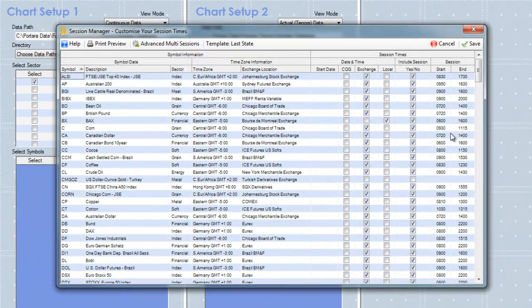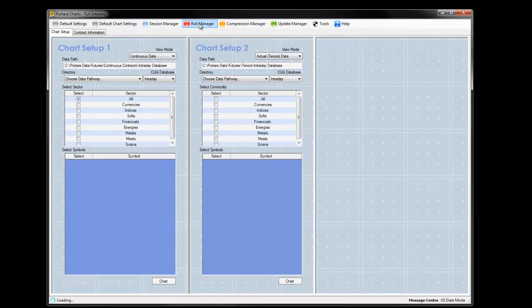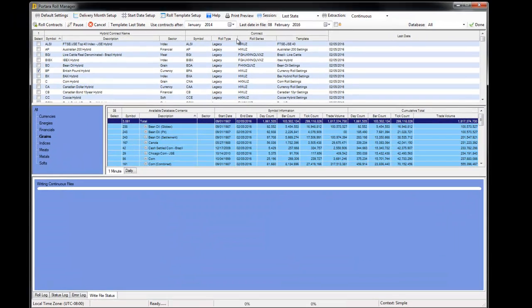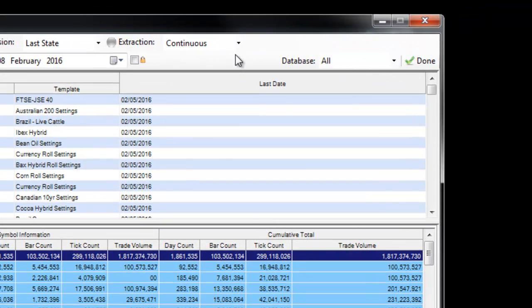Now, the session manager works exactly the same as it does for the continuous data. In other words, you can chop and change and set your sessions in any way you need to for the continuous and also the actual data too, and when you're happy with that you will save. And the first thing we need to do, even though we are running off actual data, we still need to go through the role manager,